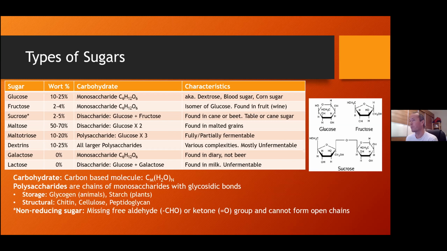Glucose is what we call a monosaccharide, and it has a chemical formula. Sugars are always of the formula CnHmOp, and that's a carbohydrate. When the m and the n are the same, it's actually called a sugar. Glucose has other names: dextrose, blood sugar, because it's the sugar that's in your blood, and corn sugar, because when you create sugar from corn, it's pure glucose.